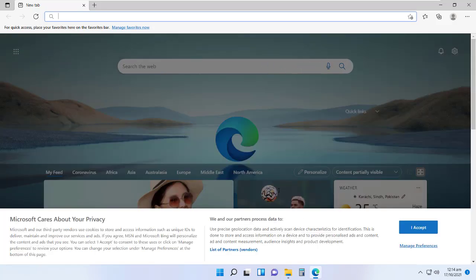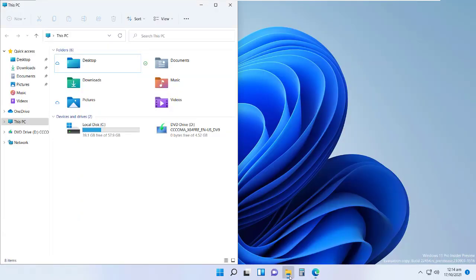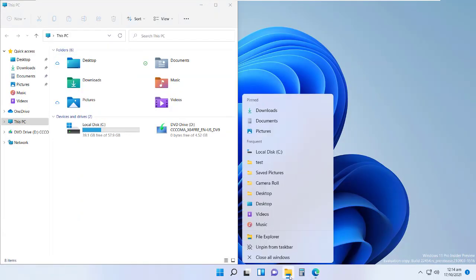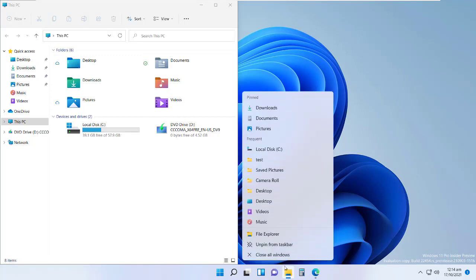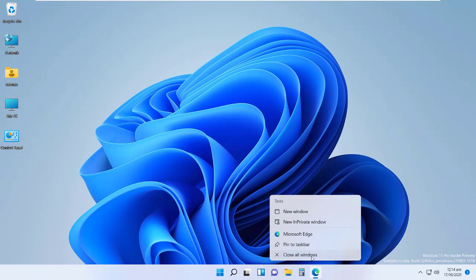Now let's take some more advanced options on this. For example, I close all the windows by right clicking and choosing the option close all windows.